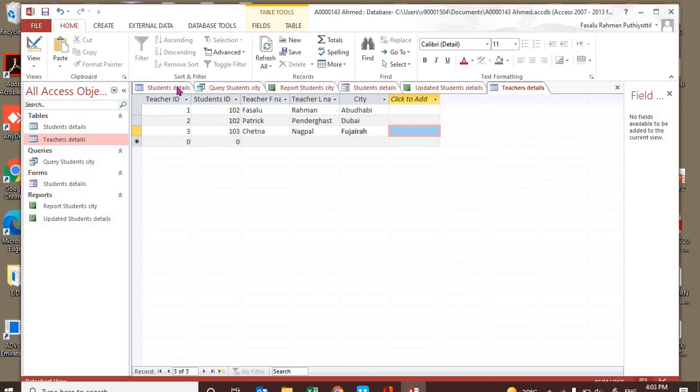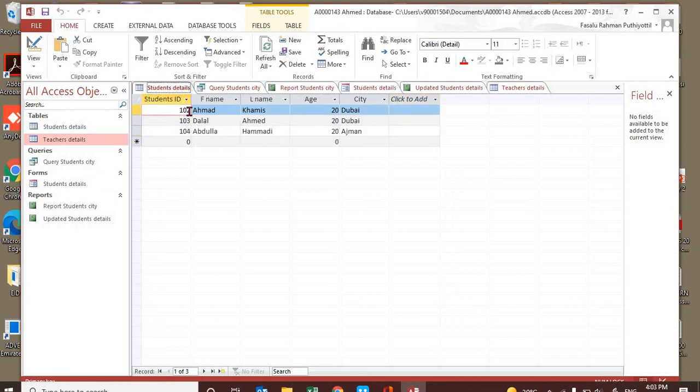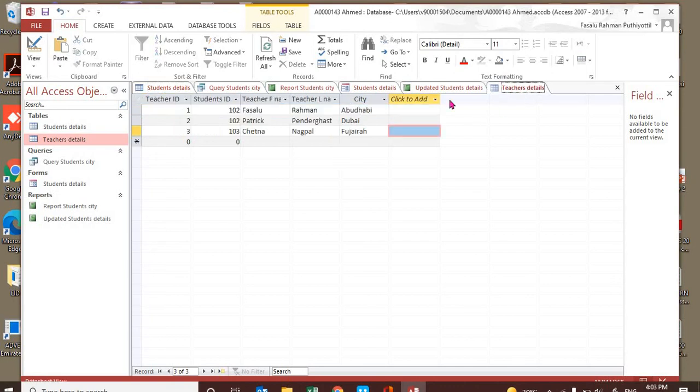103 Chetna. So if you go to the student details, you can see 102 is Ahmed, 103 is Dalal. So this Ahmed Kamis is studying with Fasalu, and at the same time he also studied with Mr. Patrick. Yeah, this is the idea. Okay, now our task is we need to